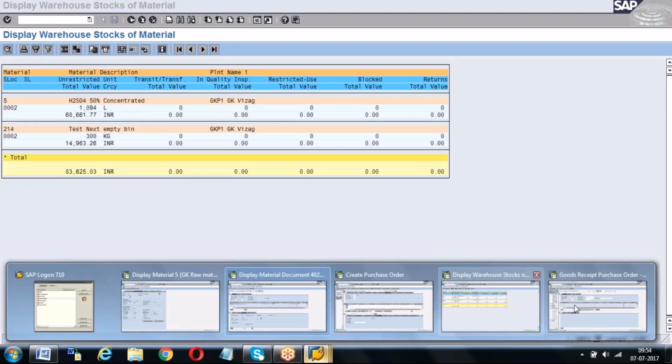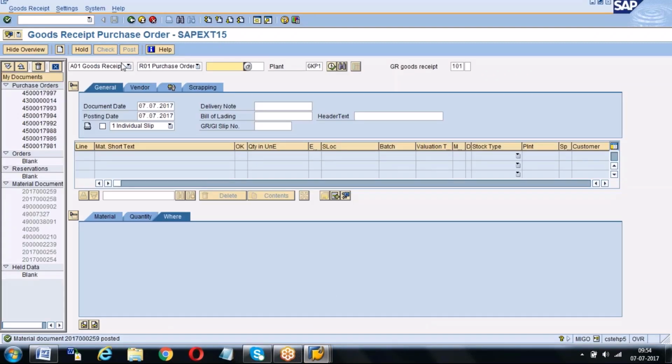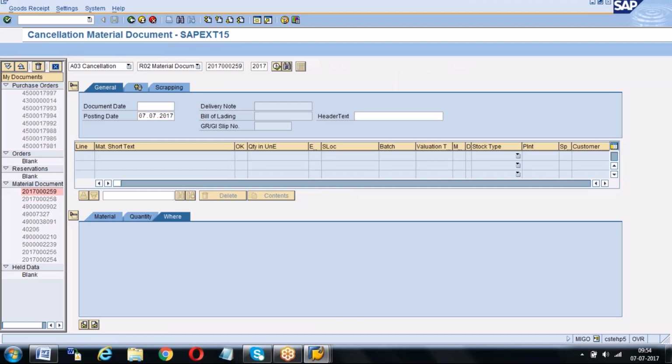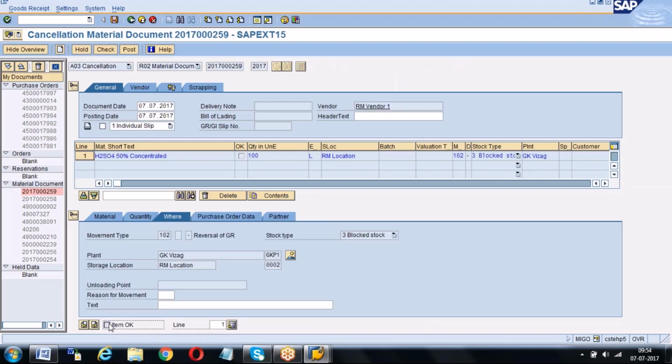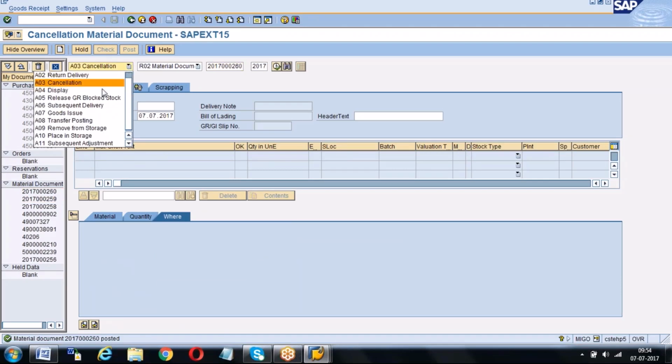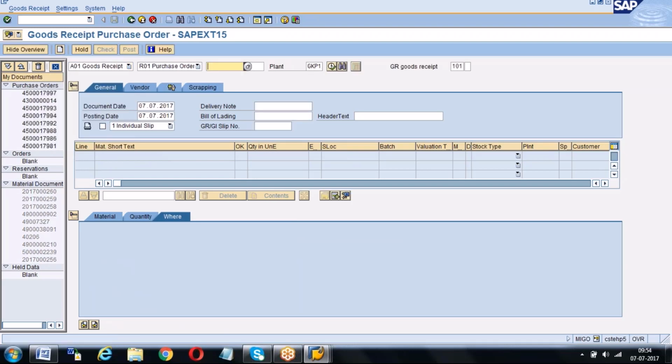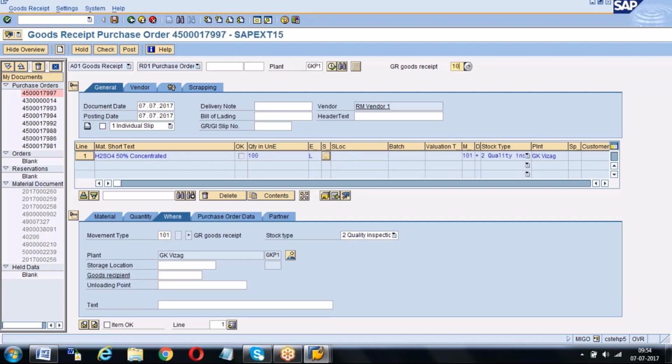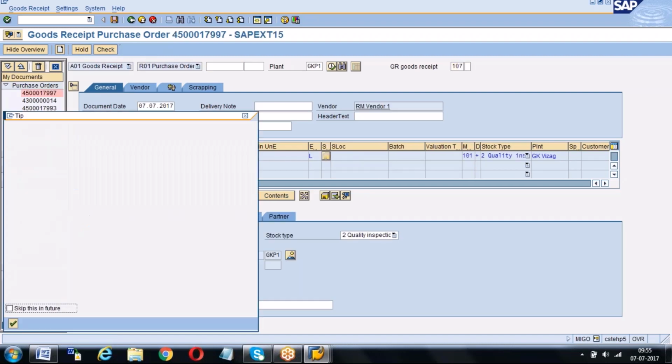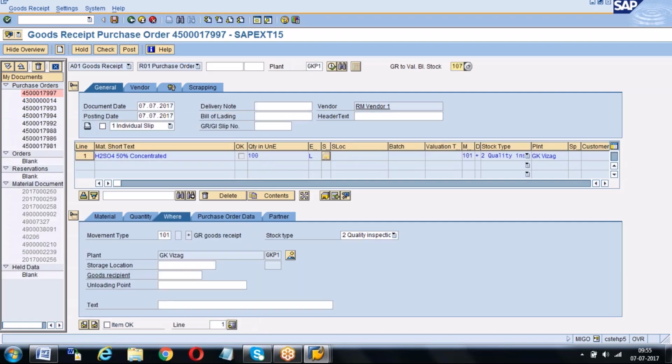Okay, let's see a 107 one. We received this one, right? Let me cancel this document because I don't want to create one more PO. Okay, now I will do goods receipt. Goods receipt with 107 I want to do. 103 we know, the non-validated thing will come.